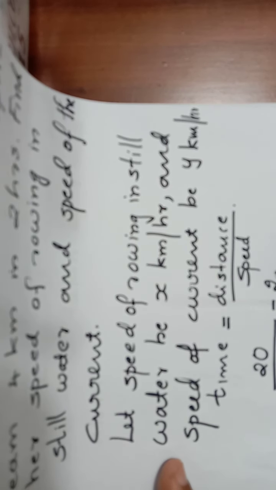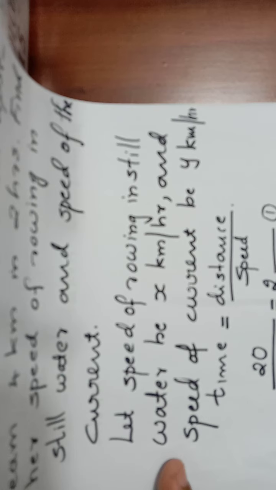This is the first equation. So distance is 20 kilometer. Speed of rowing downstream is x plus y. Along with the flow of water, boat is moving, rowing downstream. So rowing in still water is x. Along with that flow of current, its speed also will be added. But whereas in the upstream movement, it will be x minus y. It is against the flow of water. So speed of rowing will be getting reduced, x minus y.